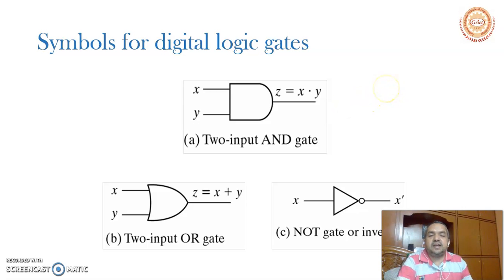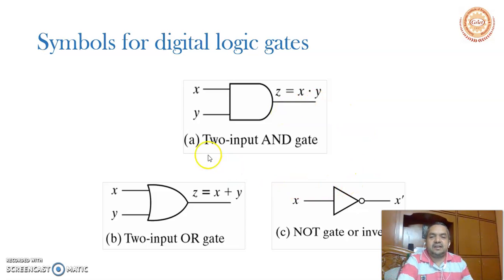Using these basic logic gates, I can design any number of circuits. What I do is add a few logic gates and call it another component. I add a few components and call it one of the complex components. I add all the components and finally call it one circuit, a motherboard, or the word we are using, PCB, printed circuit board. So for all these things, the basic is from these gates only.